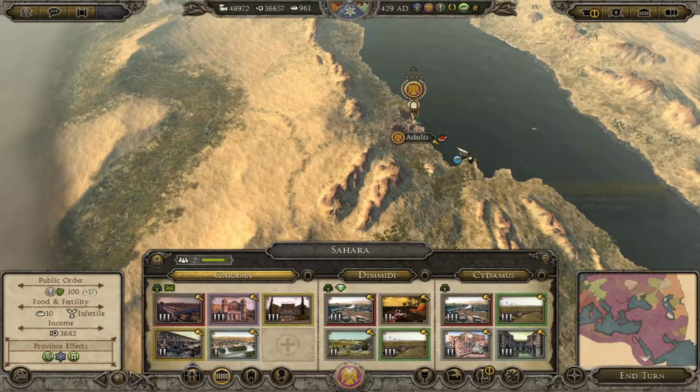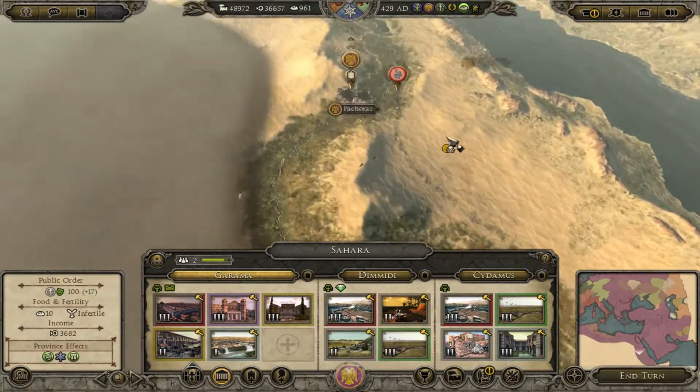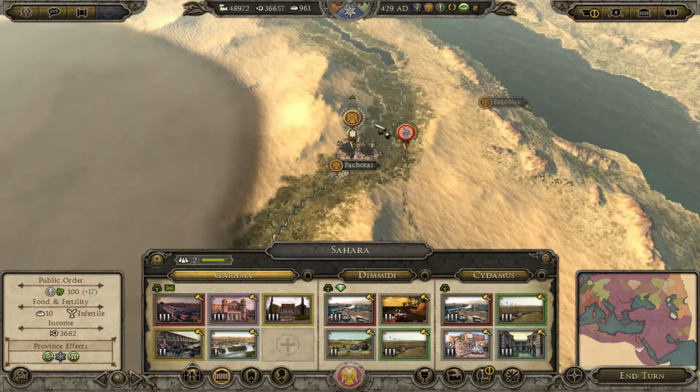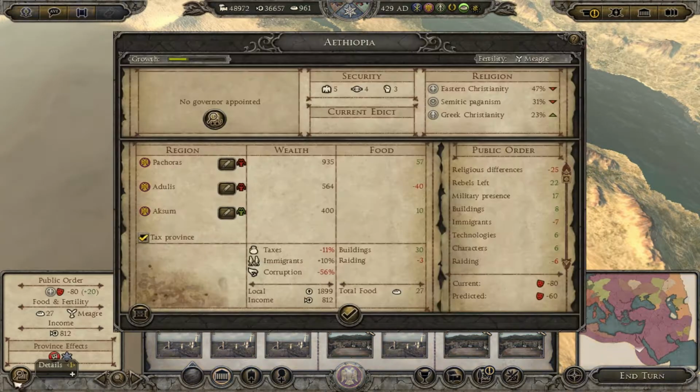Right, so what's this? Okay, we've got a rebellion taking place already. Where is it? It's not down here. Okay, it's just a small one. I'll let it go for another turn, and I have to remember next turn to deal with it, because I don't want it getting too big. But the main issue right now is...